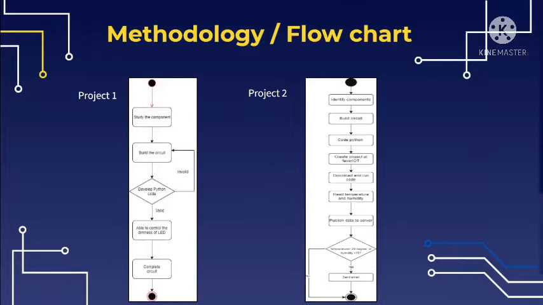In Project 2, we also need to identify the components before building the circuit, then build the circuit accordingly. Again, to assess the circuit, we have to develop Python code. For this project, we also need to create a project in Favoriot IoT Cloud to store data published as the circuit detects the temperature and humidity. Therefore, if the temperature is greater than 29 degrees or the humidity is lesser than 70, the authorized user is notified through email. Now, I will pass the presentation to Ashwini.